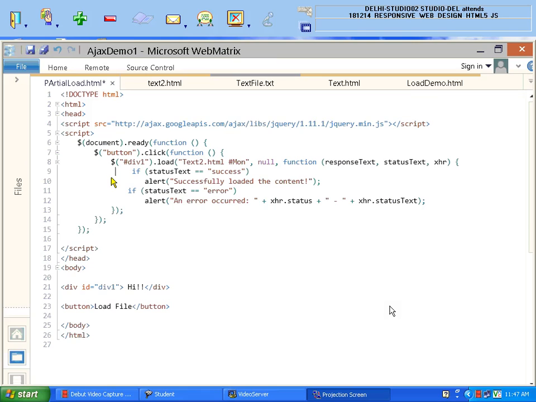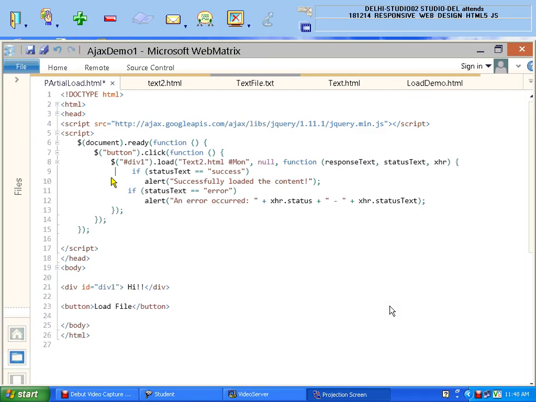The second is status text. Now status text means what? I said if I try to load the page, whether this is a success or an error. It means if my page loads properly, this status text is a success, otherwise it is an error.